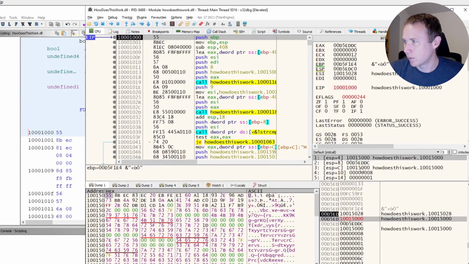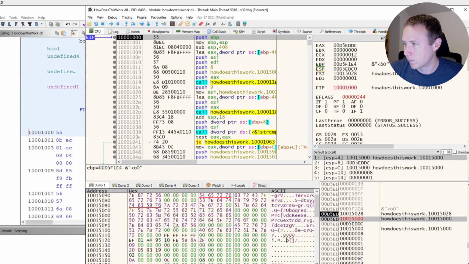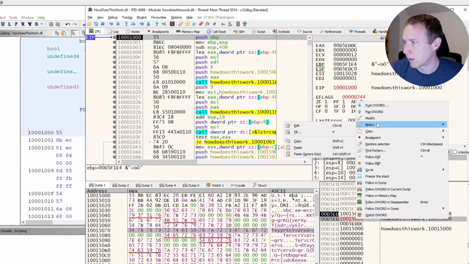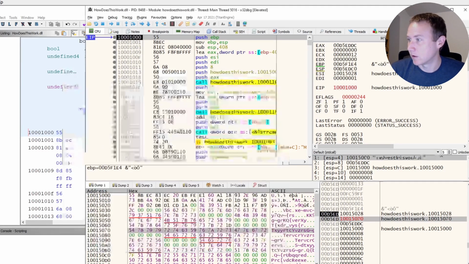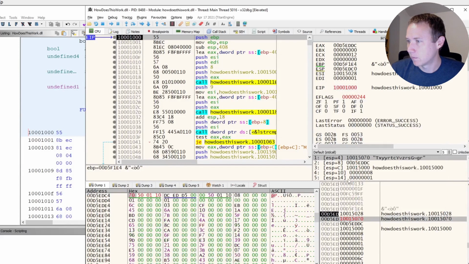Huh, what was it before? I must have put the wrong address in there. Let's find a string of some kind. I guess we'll do this first random one here. So 5070. So we'll binary edit 70. And now if we follow that in the dump, we've got